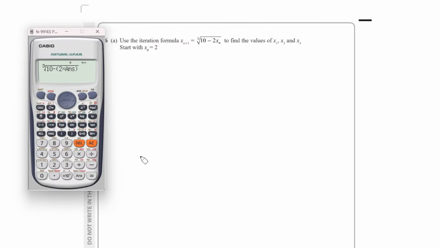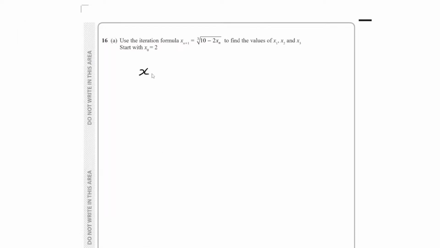This one has no context to it, does it? It's not got an actual real life thing. So to find x1, you just press equals. What I'd probably do for my working is write down the whole thing for x1, just so that they can see I knew what I was subbing in, like that, 2 times the original,